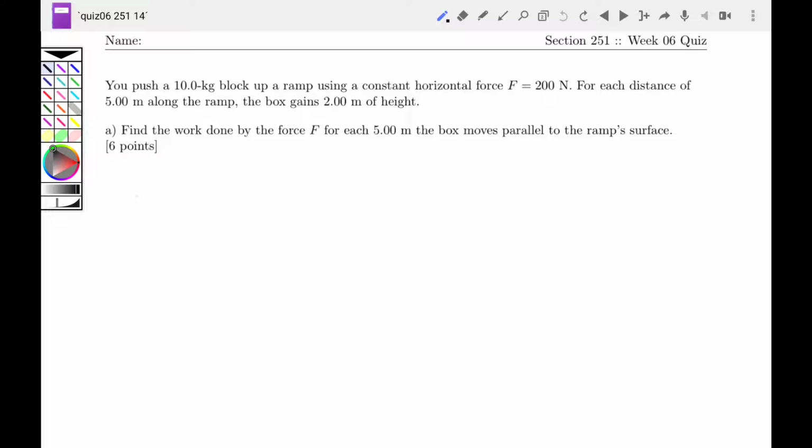Okay, so we've got a block on some kind of incline. We're not given the angle of the incline, we're just given that if the block travels up the incline by 5 meters, its height changes by 2. Then if it goes up another 5, the height will be at 4, and so on. With these two bits of information,